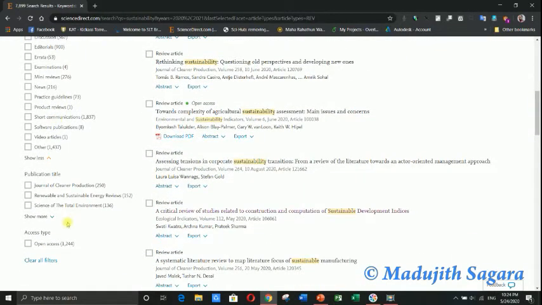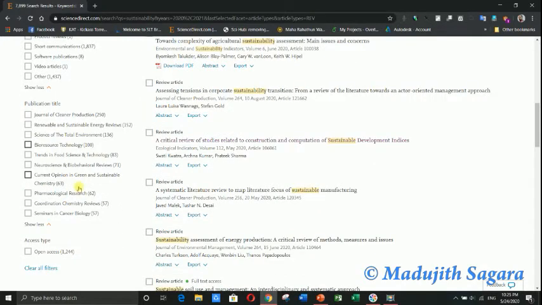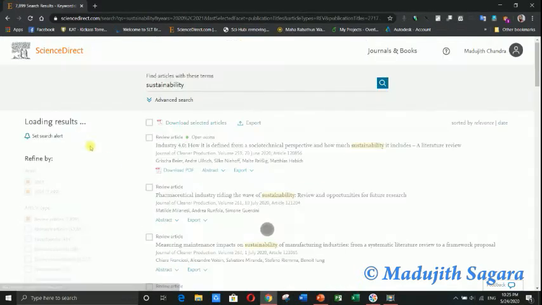Then you can select it based on the publication title. It means you can select it based on the journal. It means your aim journal. You will think that you are selecting it using Journal of Cleaner Production. It is a very reputed journal. Click on it.